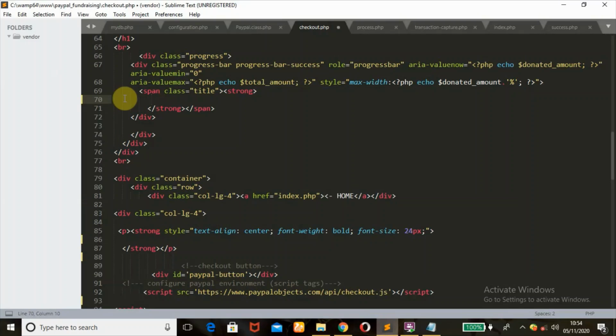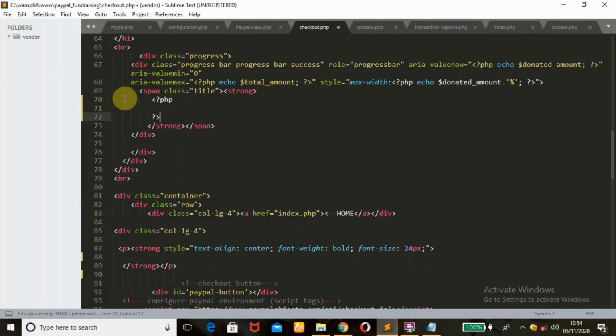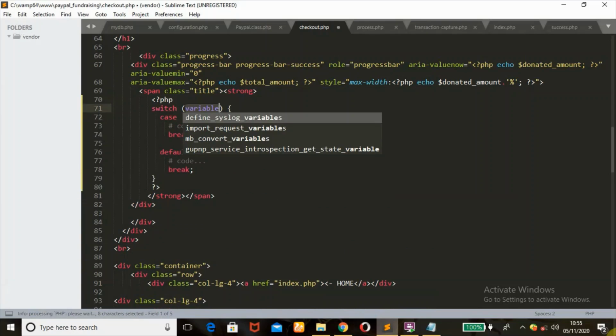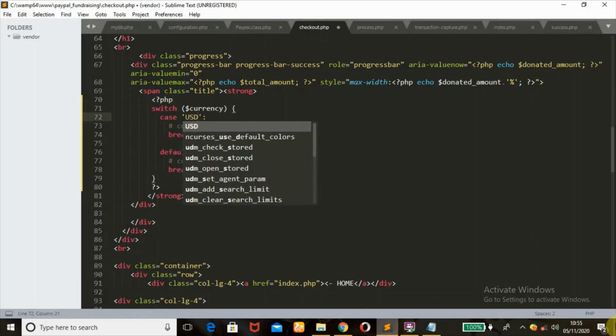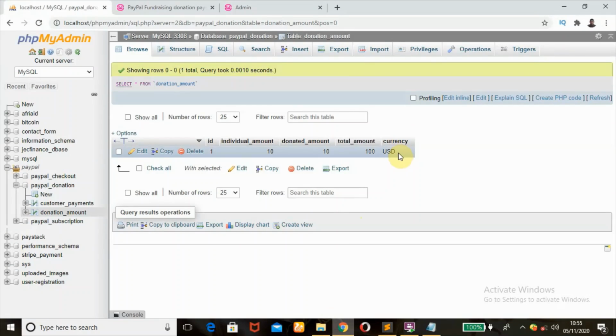So I'm going to erase that and open our HTML tag here, then switch. So the variable that I'll be passing here is the currency. All right, so for the first case, if the value is USD, that means what he or she updated is USD,